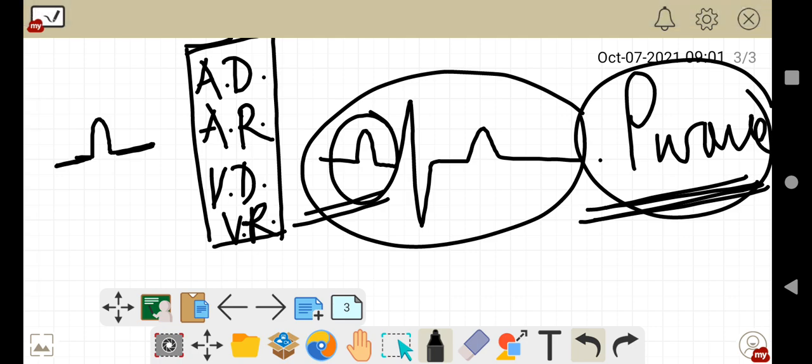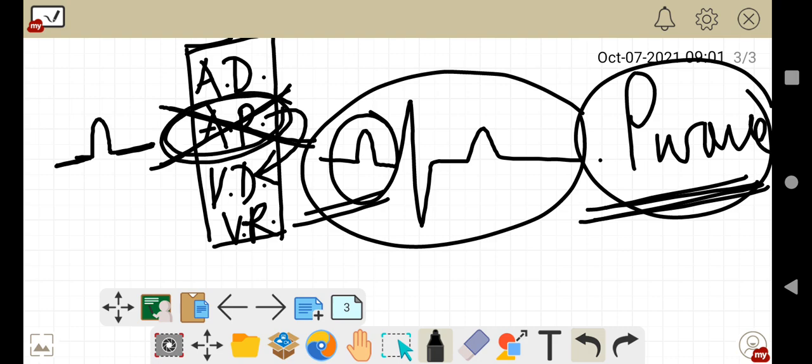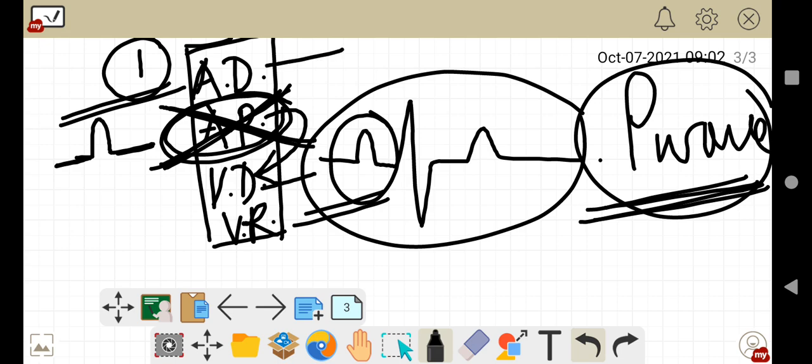The thing to mention there is that there is nothing called atrial repolarization, right? This is because atrial repolarization merges with the ventricular depolarization. There is no individual existence of atrial repolarization. There is only atrial depolarization, correct? So please keep this in mind. This has been repeated twice or thrice. There is atrial depolarization, ventricular depolarization, and ventricular repolarization, but no atrial repolarization, right? Okay.